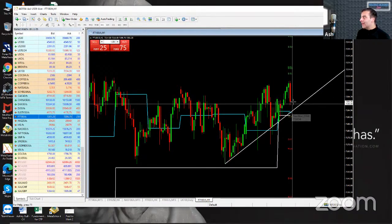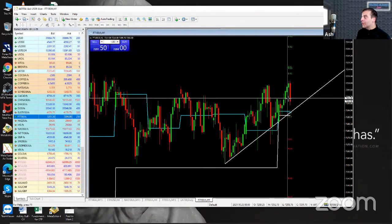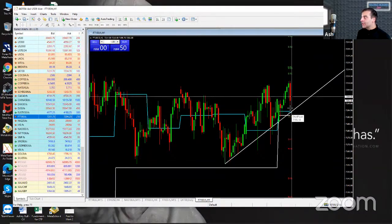Now, I'd like it down here, but it might not touch. You can see that there is this level here, which may end up holding. Now, I would consider that level at the top of the hour, but not before. So I'm either going to get in here on a bounce on a limit, effectively what is a limit order